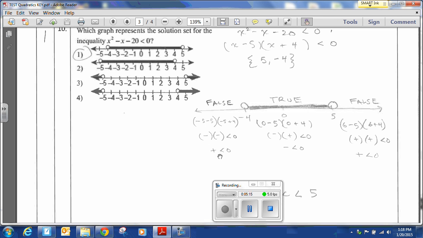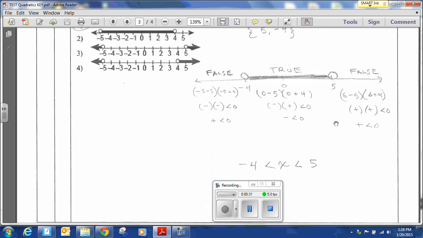Is a positive number less than 0? No, it's false. Our test point will be 0. So we plug in 0 here, plug in 0 here, we end up with a negative times a positive is a negative. Is a negative less than 0? Yes, it's true. Finally, our test point here will be 1 unit to the right of